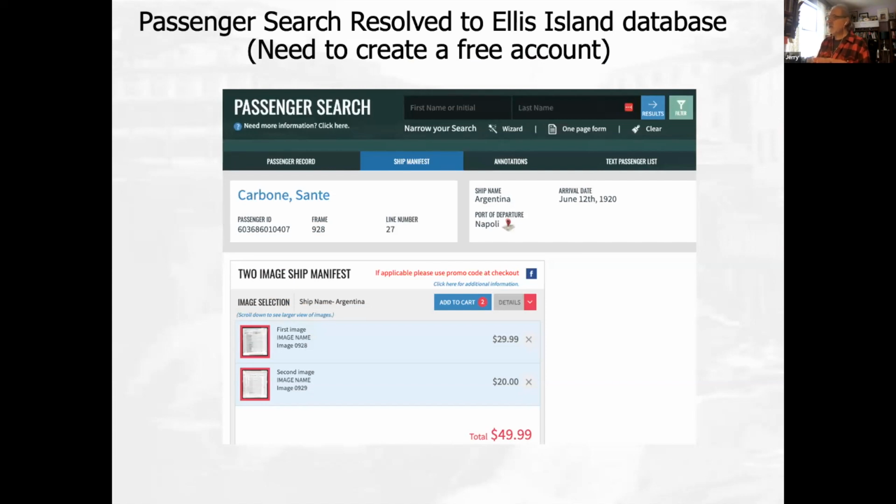Now you could have done this in Ellis Island yourself by using their search, but I like to use Steve Morse because you can manipulate it a little bit more, I believe. Again, you need to create a free account here before you can see this. So this tells you the ship name, Argentina, June 12th, 1920. Take note of the line number because that's important when you get a whole list of these people, okay? And then